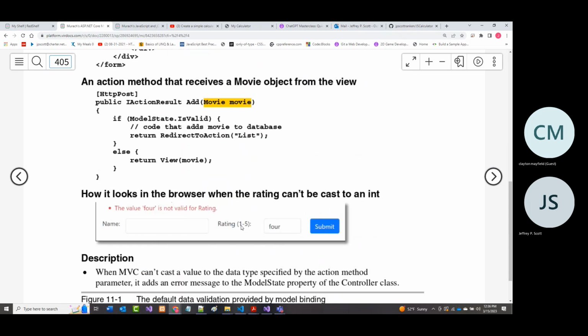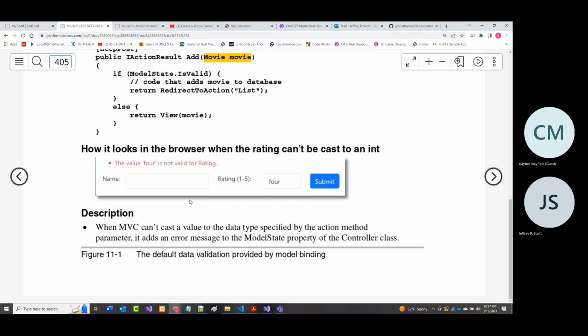Either way, you should get that message. In fact, the other one might say something like you must enter a number. I don't know. They mention here that when the model view controller cannot cast a value to the specified data type, it adds the error message to the model state property of the controller class. What I'm trying to get across here is that this stuff is all working together.